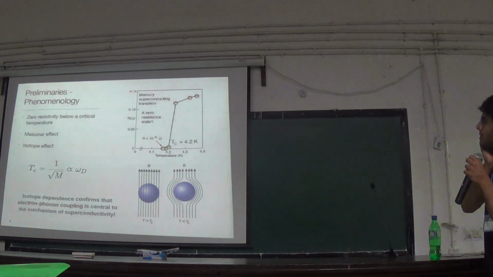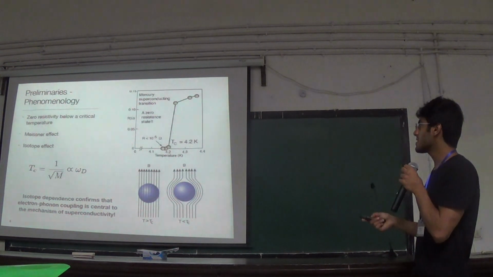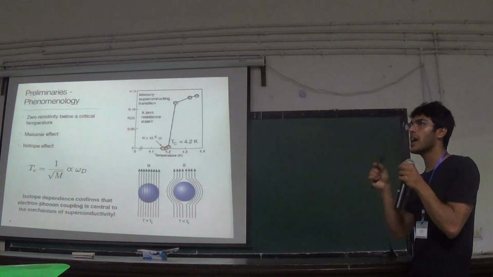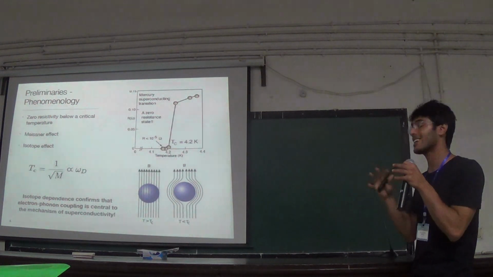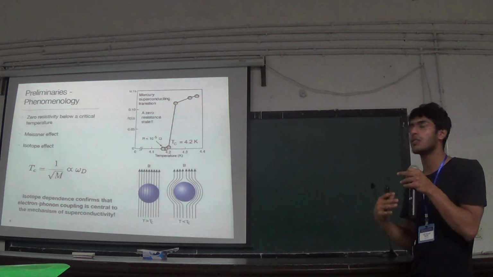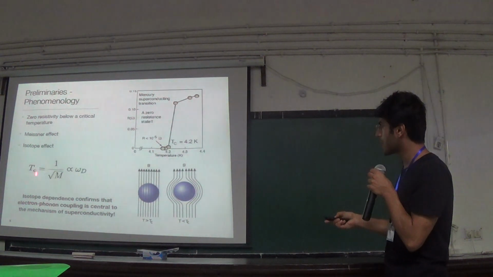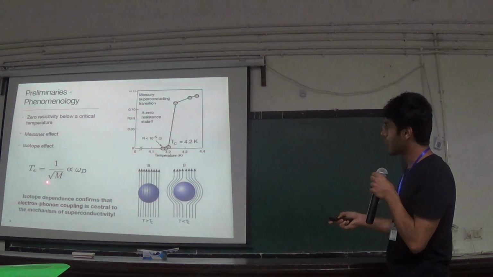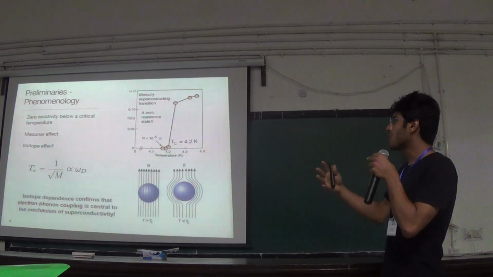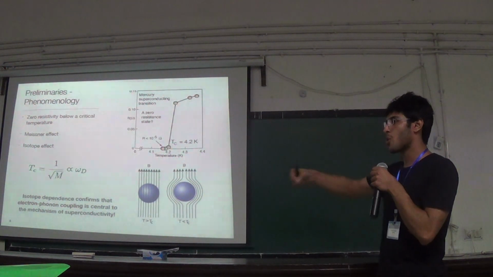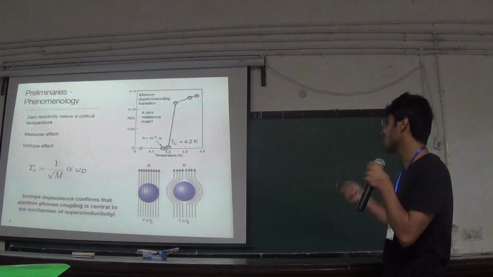There are other properties also. There's one that I'd like to talk about, which is the isotope effect. This is interesting because it gives you a hint of where to start if you want to write down the microscopic theory of what is happening to the material when it goes to the superconducting state. It says that the transition temperature at which it becomes a superconductor is inversely proportional to the square root of the mass of the lattice atoms. So why would something electronic be linked to the lattice?